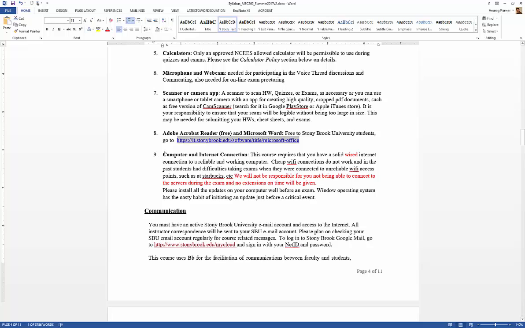Then we have the computer and internet connection. Now, this is actually probably the most important technology or the tool that you need for this class. So you do need a reliable and working computer. It could be a laptop, it could be a desktop. I don't care about that. A Mac as a hardware would work, but then you need to have Windows operating system on it, primarily because